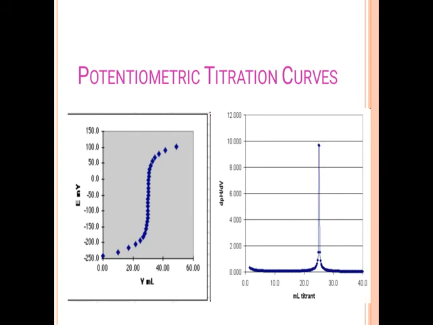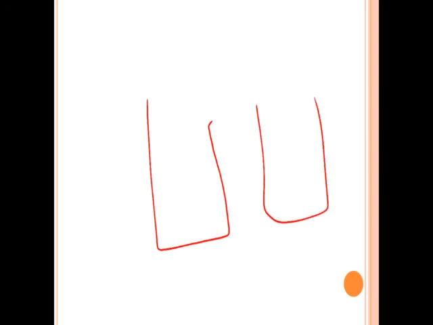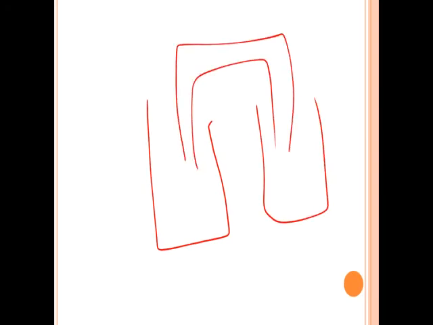So generally in potentiometric titration, as we have seen, there are two electrodes and a salt bridge present. Okay, so this is the reference electrode, this is the indicator electrode. So in such conditions, what happens,